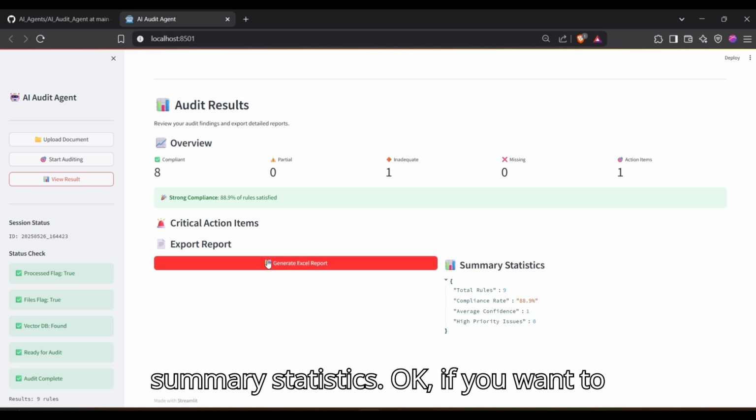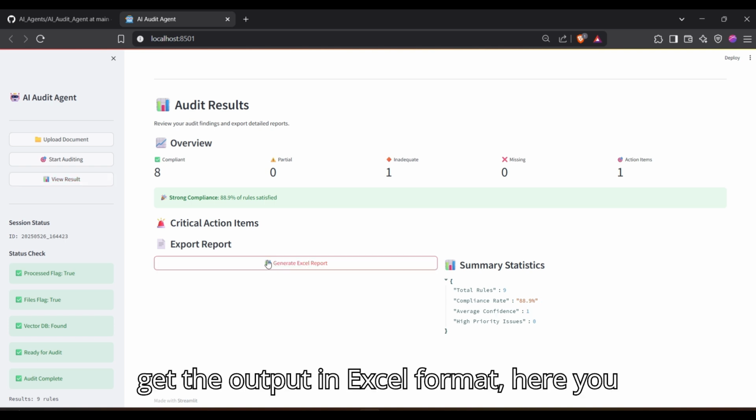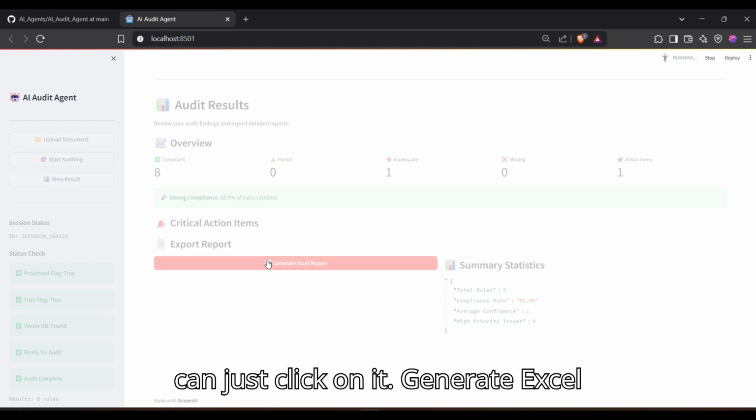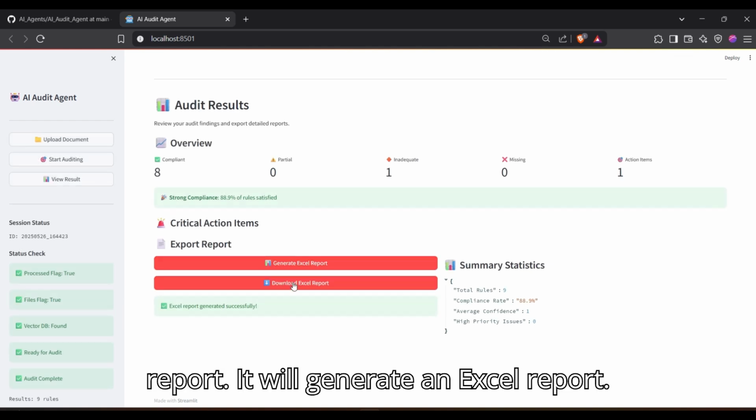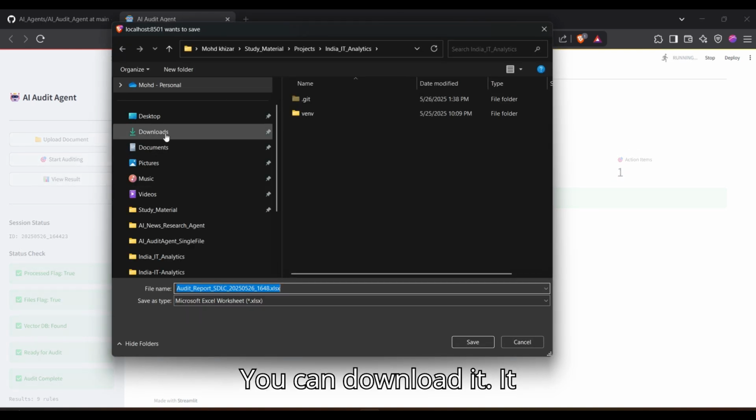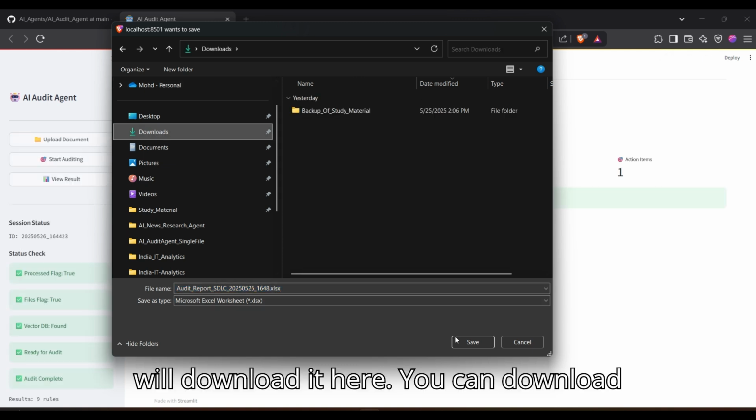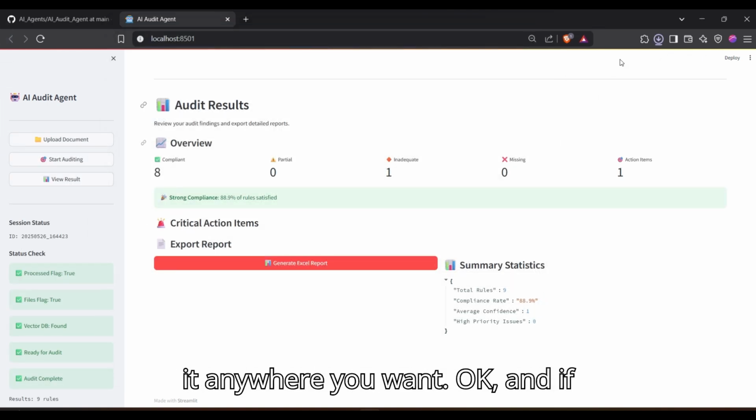Okay, if you want to get the output in an Excel format, here you can just click on generate Excel report. It will generate an Excel report. You can download it. Let me just download it here. So you can download it anywhere you want. Okay, and if you open it,